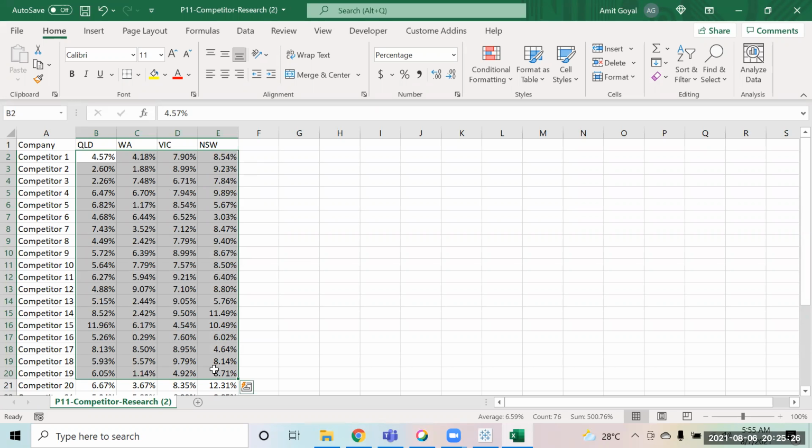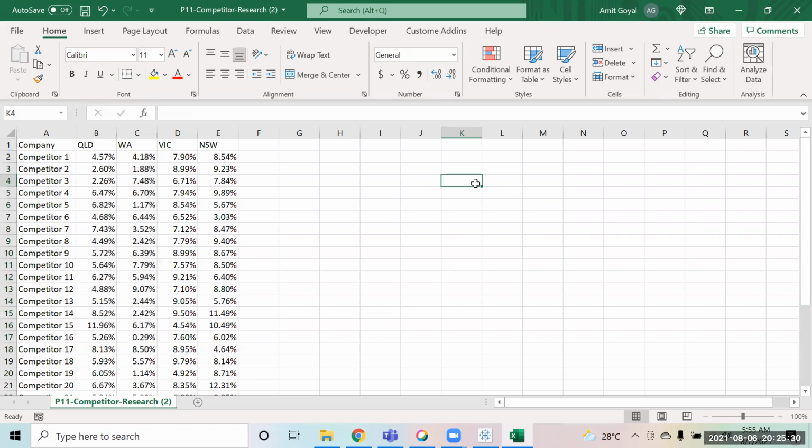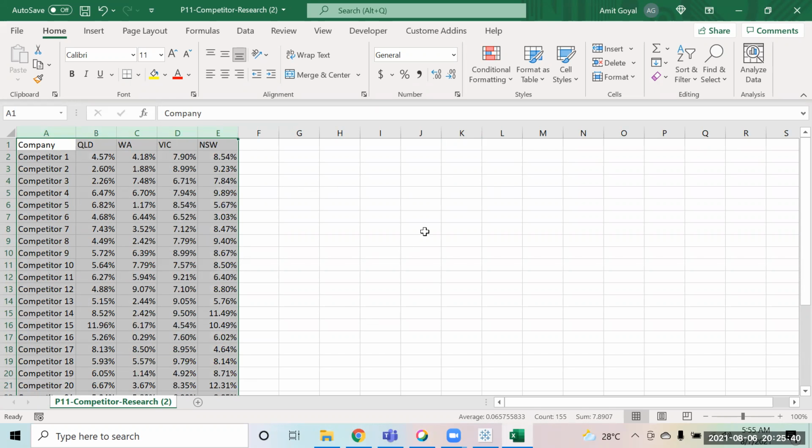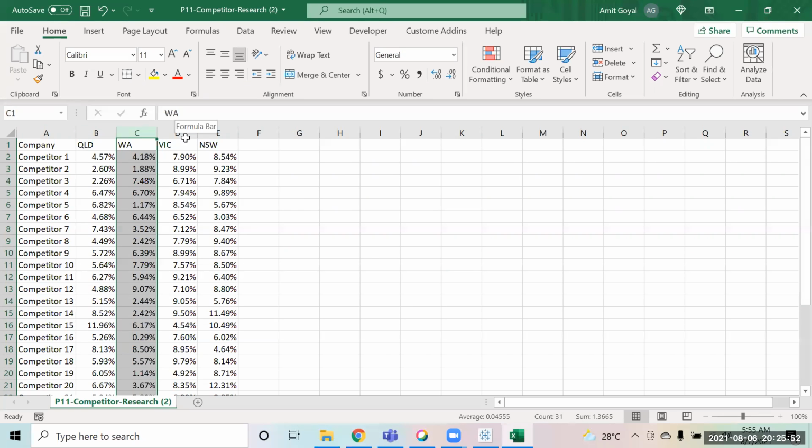So what we want to do here is, suppose you are a data analyst and a client has reached out to you and is asking, okay Amit, this is market research data. Based on this, in which city or state of Australia should I start my business? The client wants to start a business in only one of the regions. So you have to suggest which region he or she should start the business in. Right, so how will you suggest it?